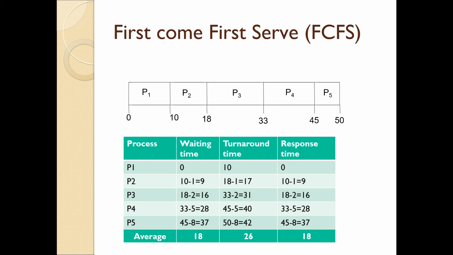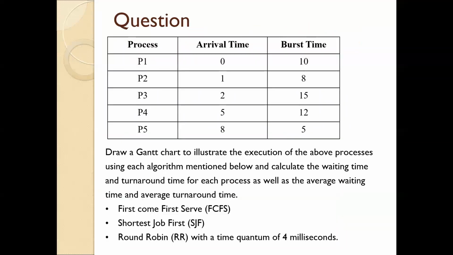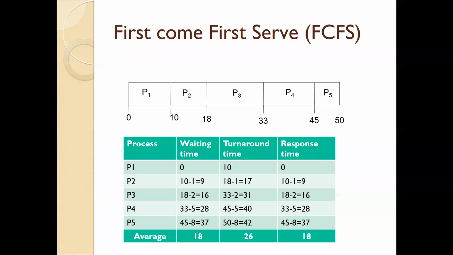waiting time is 9. Why? Because P2 arrives at 1 millisecond, right? So P2 arrives at 1 millisecond and starts its execution at 10 milliseconds. So therefore 10 minus 1 is the waiting time, right? So turnaround time is also like that, completes at 18 milliseconds, but it arrives at 1 millisecond,